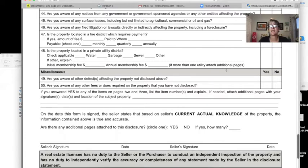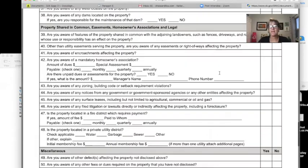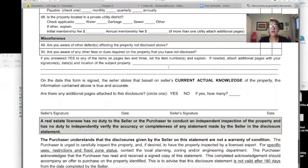If somebody actually checked X, or X, whatever. If somebody actually said yes to any of these items on pages 2 and 3, then they would also need to say right here an explanation of why they said yes. Sometimes this can require an extra page of somebody to actually write out what exactly went wrong. I've known sellers to, maybe they had a leak in the roof and they needed to give some kind of an explanation on what was wrong with the roof, and somebody came out and fixed it and what kind of repairs were done, and there's been no problems with it since. So